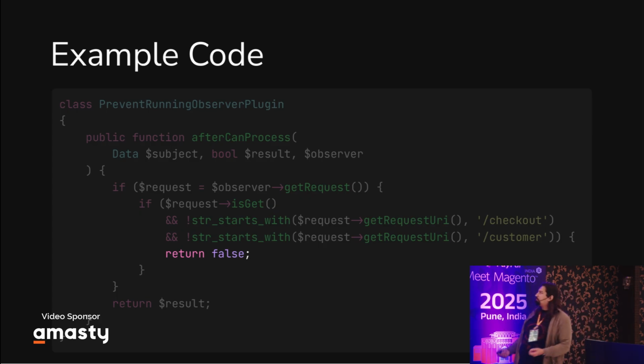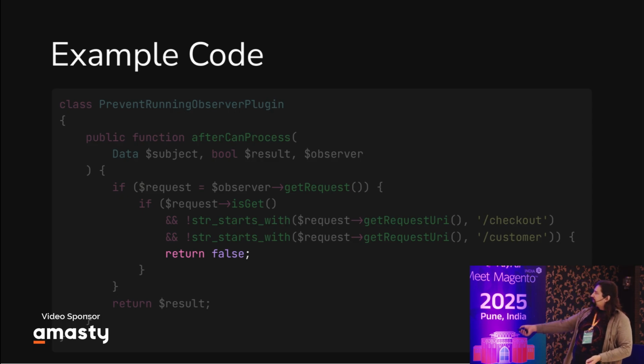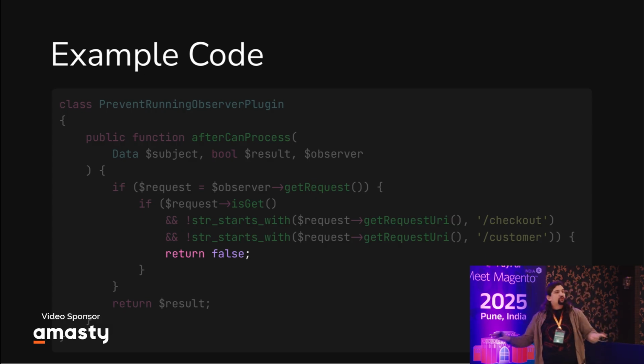So the quick fix for this problem: create a plugin around this helper data in the Magento persistent module. It has this method called canProcess. By default, it always returns true in Magento core. But you can create an after plugin on it, and you can check if your URL contains customer or checkout as a part of the request path. And then you return true. Otherwise, you don't want to invoke this observer at all, and then you don't load all this shopping cart garbage that exists there. So you do it only on customer endpoints and checkout endpoints. That's, I think, more reasonable to do.